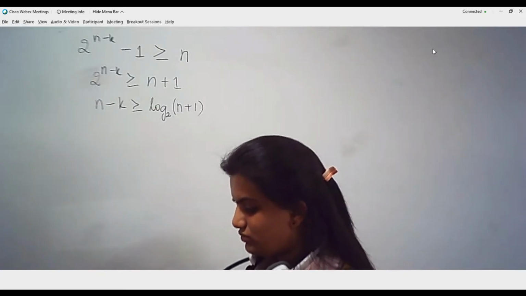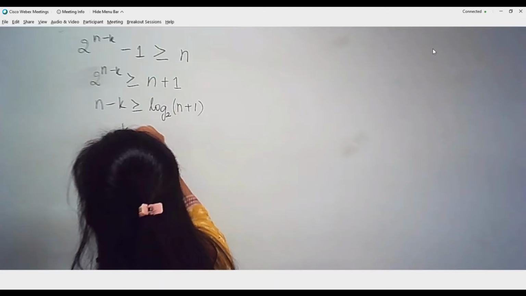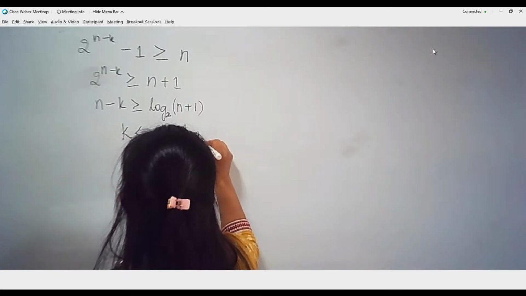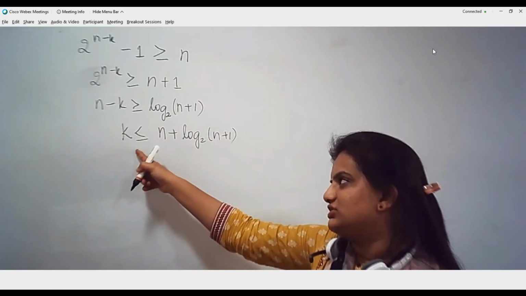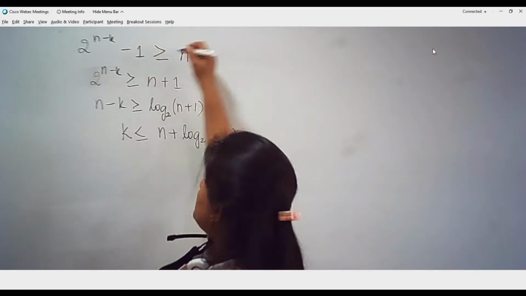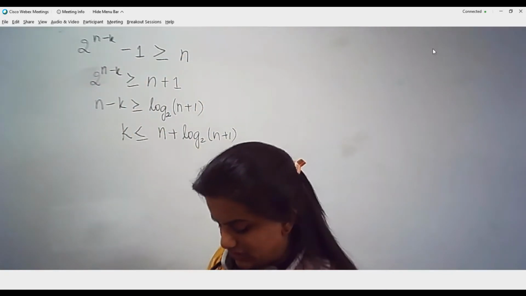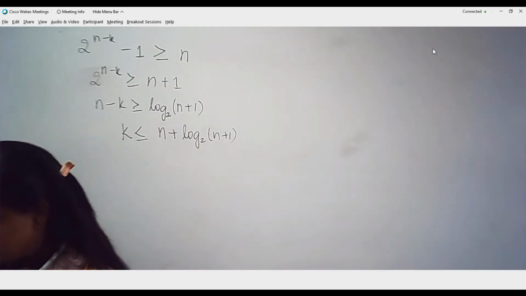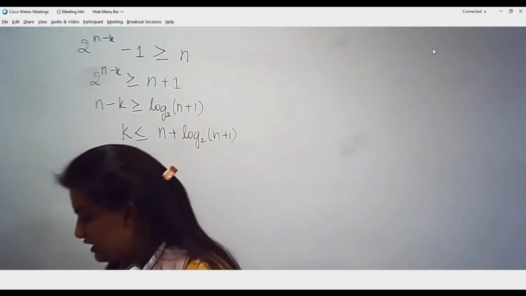So what is my unknown? Unknown is n. You can bring it on one side and keep k on the other side. So this becomes n plus log to base 2 of n plus 1. If you know n, you can write it in terms of k. If you know k, you have to do a trial and error method until this inequality gets satisfied. That is what we are going to do now. We are going to construct a Hamming code, which is going to give us an idea about how we start off from the beginning onwards.